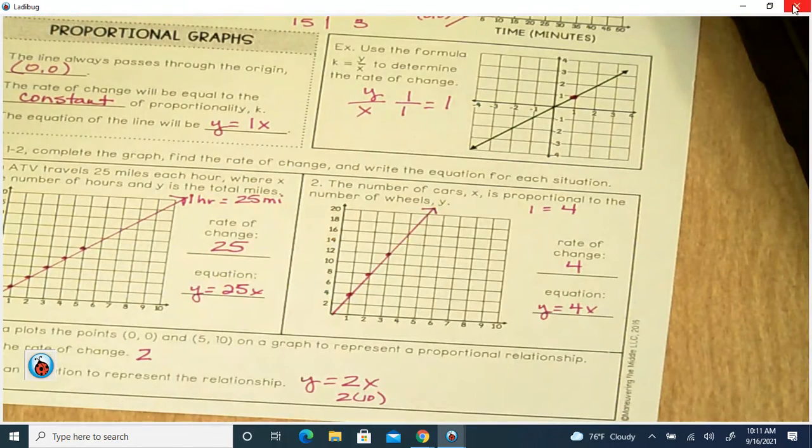Let's flip that out. Is that the only page? Oh, that was quick. Okay. So let me